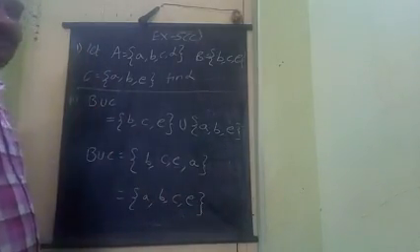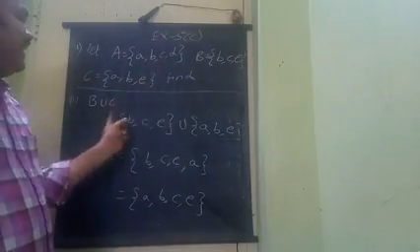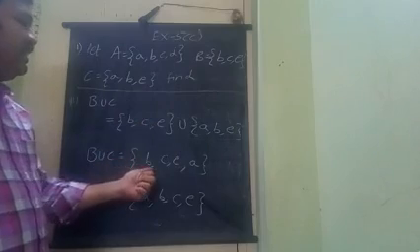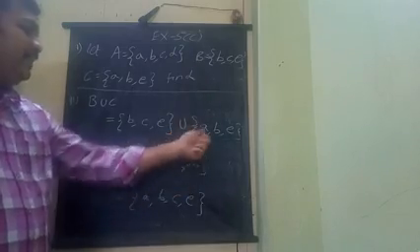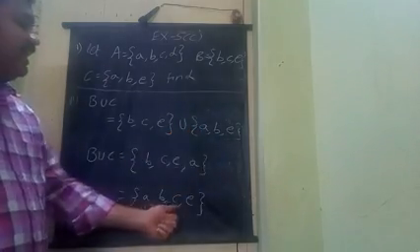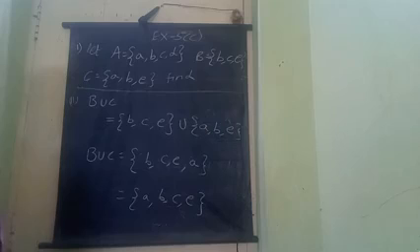This is about the first sum. So these are the given sets: B is B, C, E. C is A, B, E. B union C is B, C, E, A. B, C, E, then A; B already there, E already there, so no need for repetition. Writing in order, A comma B comma C comma E. And the next sum is here.